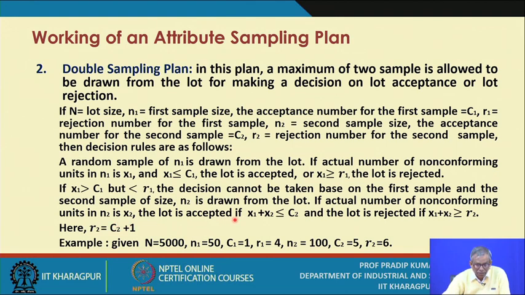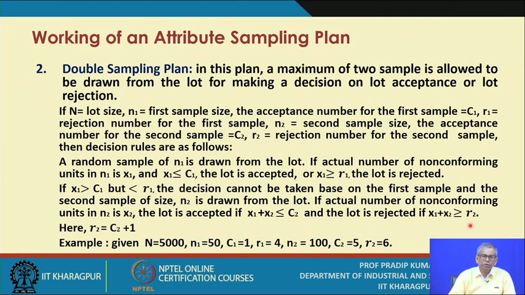The lot is accepted if x1 plus x2 is less than or equal to C2. What is C2? C2 is basically the acceptance number for the combined sample. And the lot is rejected if x1 plus x2 is greater than or equal to R2. What is R2? R2 is basically the rejection number for the combined sample. So what is the combined number of samples? That means x1 is